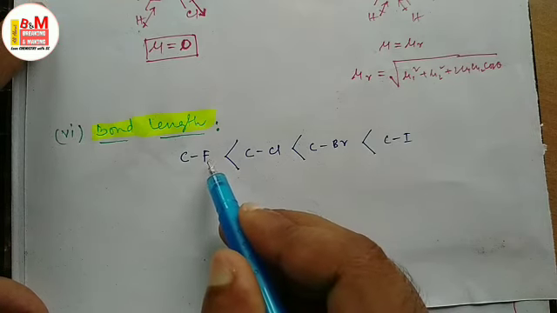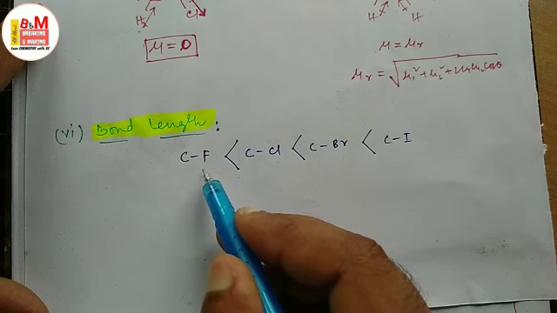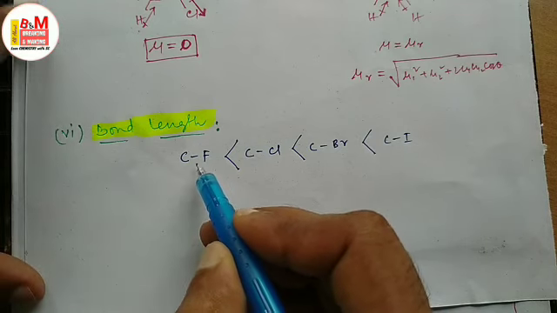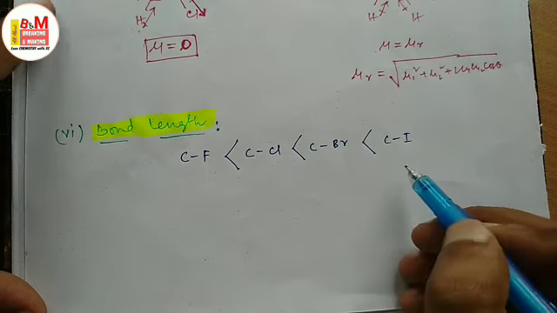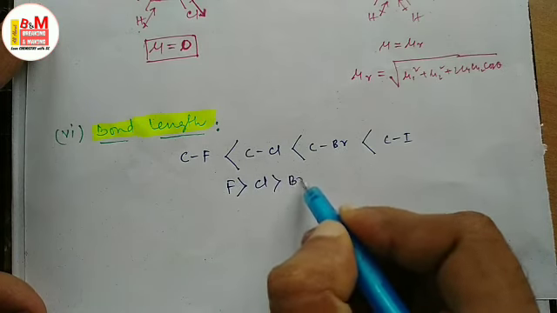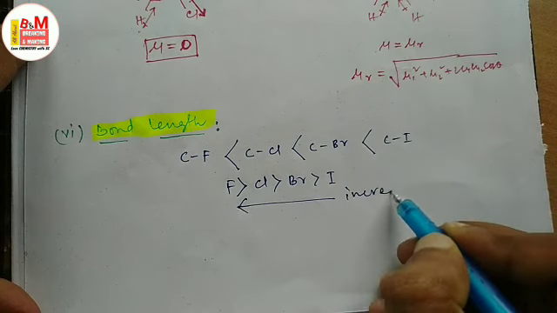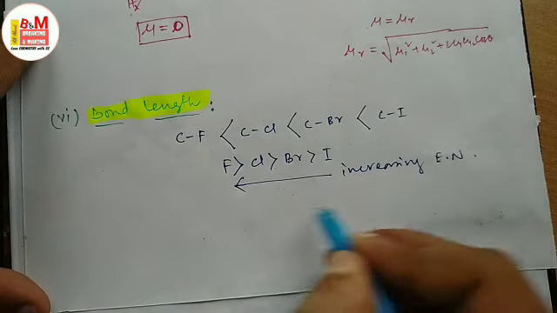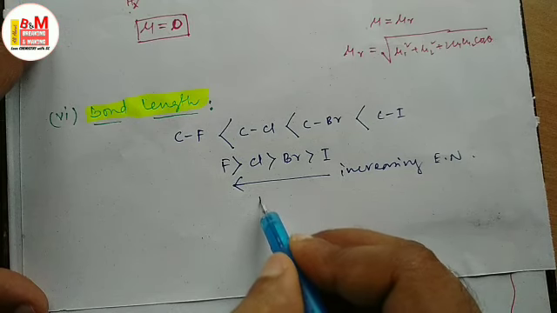Here the electronegativity of fluorine atom is most. That's why the C-F bond is the shortest here, because the fluorine will drag the electron density from the carbon fluorine bond towards itself, thereby shortening the bond length of C-F. Similar explanation can be given in case of carbon chlorine, carbon bromine and carbon iodine. As the electronegativity order is fluorine greater than chlorine greater than bromine greater than iodine, so this is the increasing order of electronegativity. Thereby this is also the order of decreasing bond length.